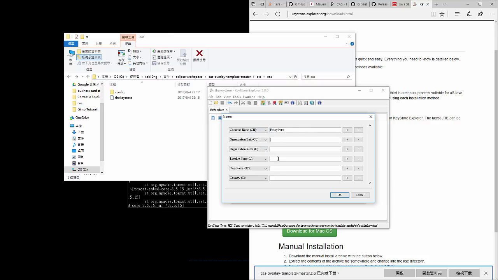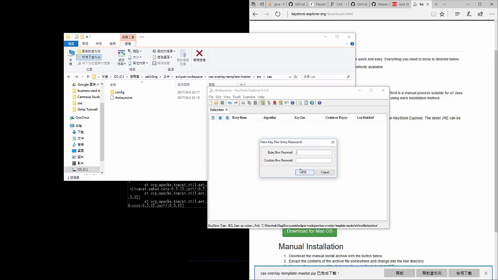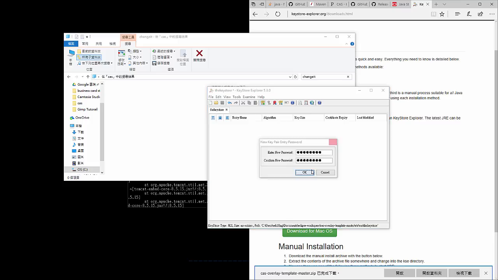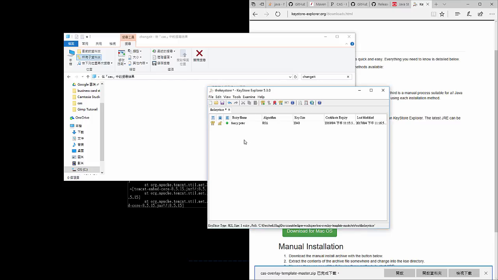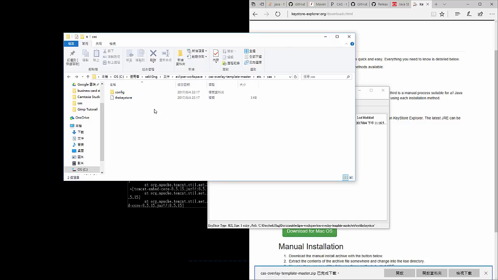And organization is something, just copy it, sort of this AB, whatever. Okay, then just click OK and OK, and for the new password, just type change it again. Okay, I mean change it is this one, type it in here and click OK, and you'll get a fancy pita inside the key store, which can help you to generate a key.